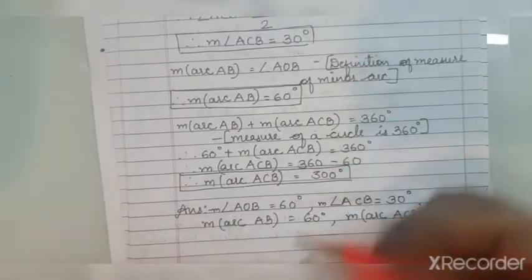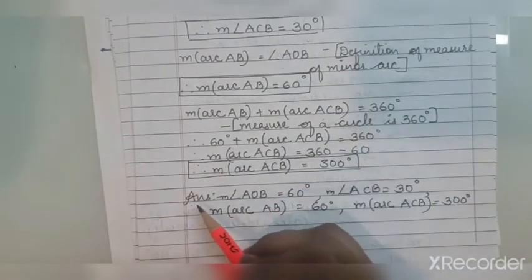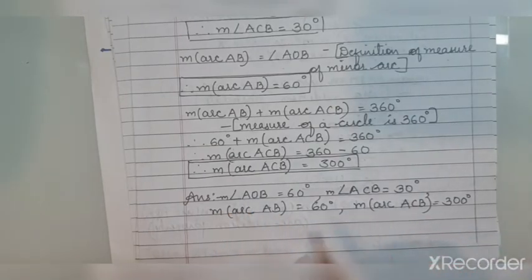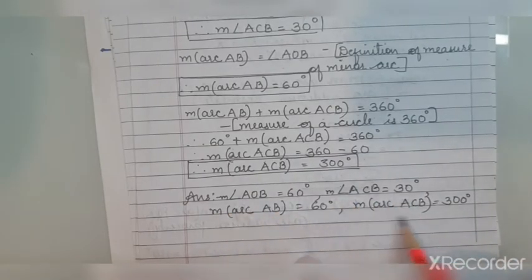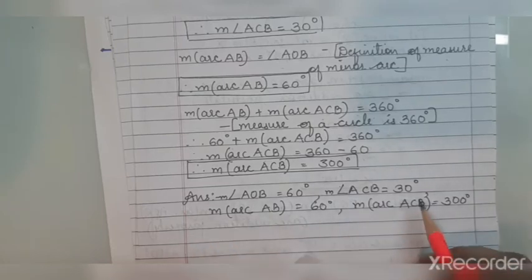And after you find all the four answers, you will see I have written all the answers together. So this is the first, second, third and fourth. It's very important that when you conclude your answer, you write the answer in this way.